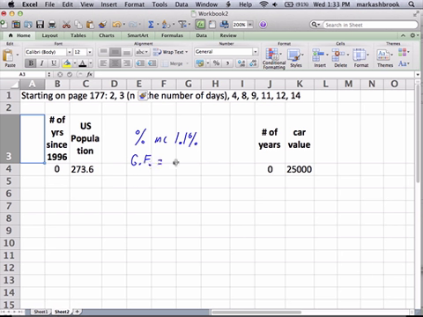the growth factor is always 1, either plus or minus the change. That's how we're always going to think about growth factor. It's either 1 plus or minus the change. Okay? So is this going to be plus or minus? The population is growing, so plus. So then if we got 1.1%, what is that as a decimal? 0.011. So there's our growth factor,